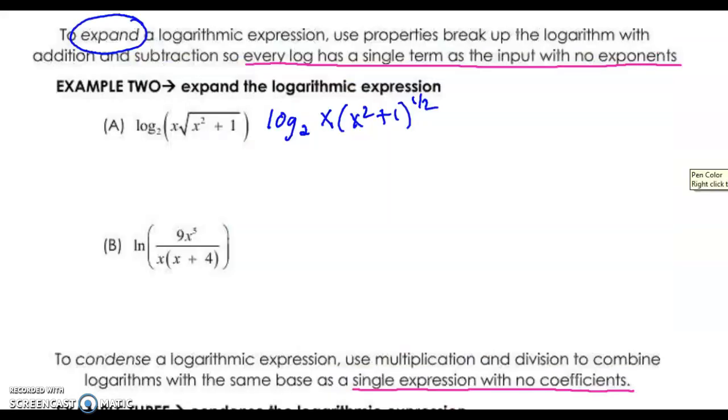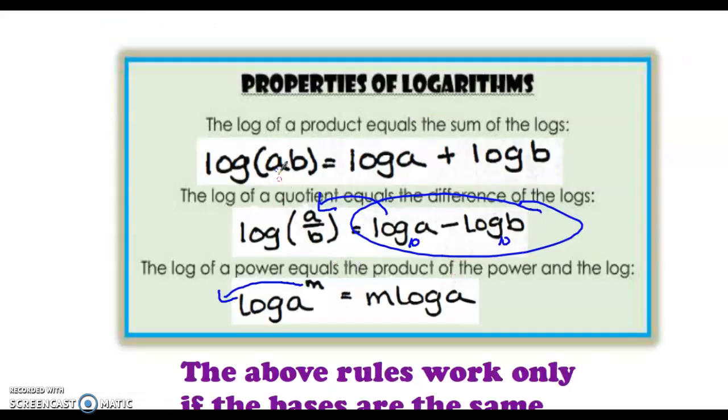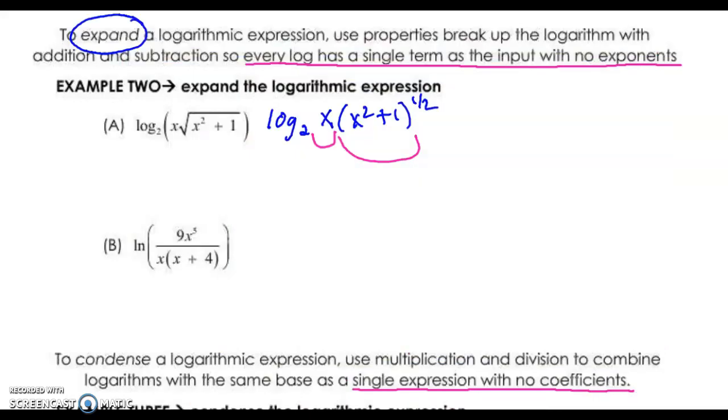So let me go ahead and do that, but I'm also going to separate these because this is one term and it's being multiplied by that expression. So it's this factor times that factor, a number times another number. Since they're being multiplied, I can separate them with an addition sign. So I'm going to do that, and throw the 1/2 in front. Okay? So log base 2 of x plus, and take that 1/2, throw it in front, 1/2 log base 2 of x squared